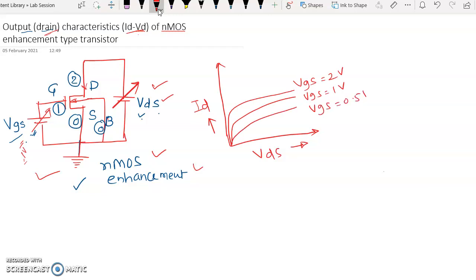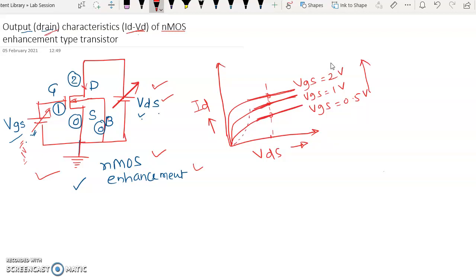So these are the characteristics we are expecting, meaning that for a specific value of VGS you get an increase in the drain current as and when you increase the drain voltage. So the current is dependent upon the drain voltage. Whenever you increase the gate voltage, the current is also increasing, even if the VDS is constant. And another thing that you observe here is that the current is constant. This is a constant current, called the saturation current. So in saturation the current is constant.